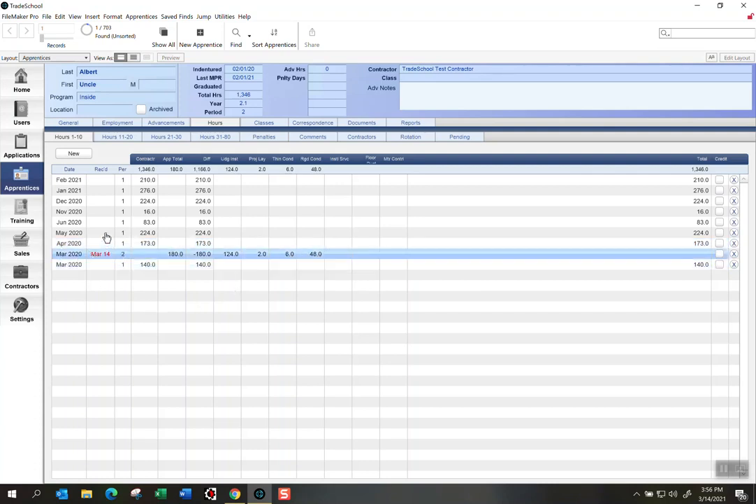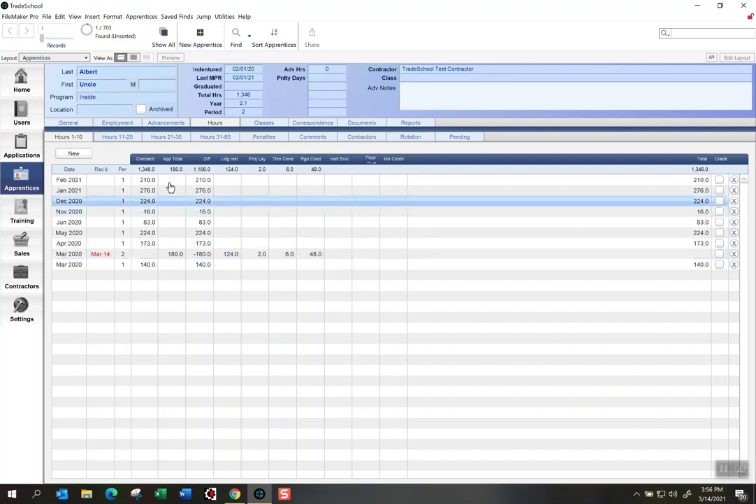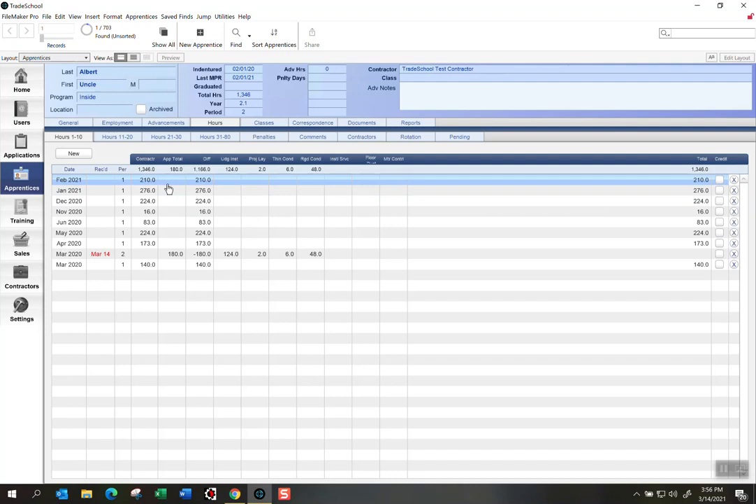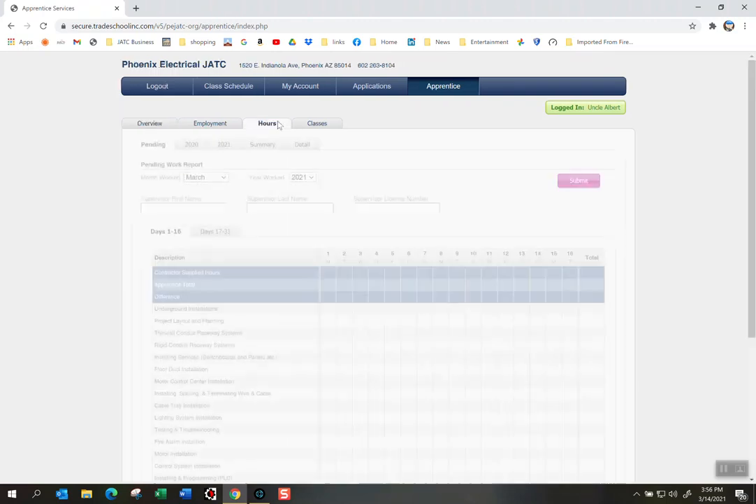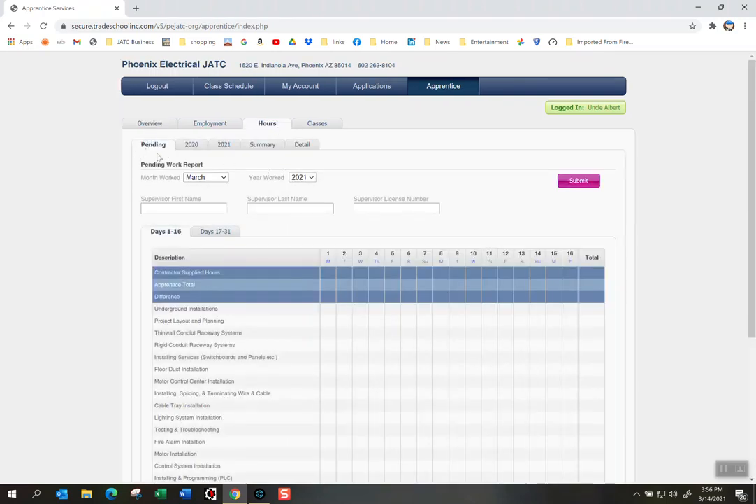As you can see, there's no other hours received here for the apprentice column except for March of 2020. So Uncle Albert wants to get his raise, so he's going to continue to go into his account online and continue going to the hours. Now, the pending work reports are the ones that are not filled in yet. If we go to March of 2020,